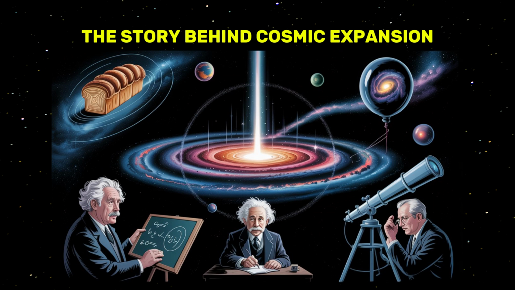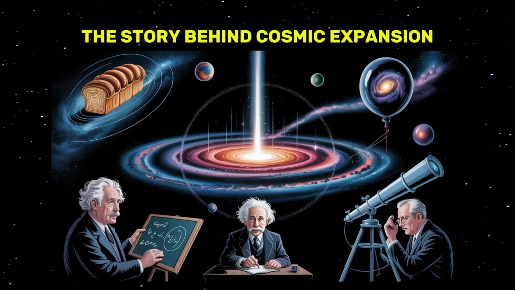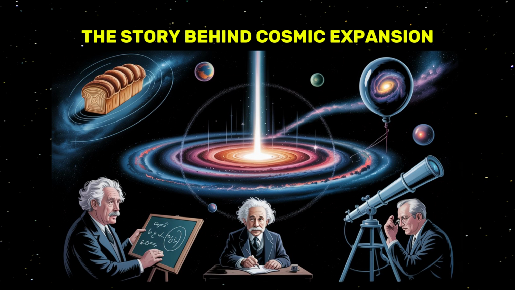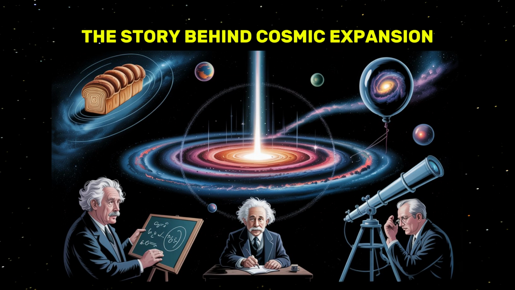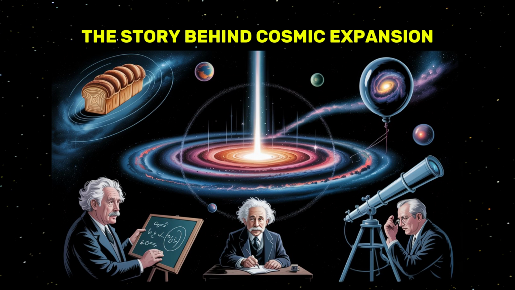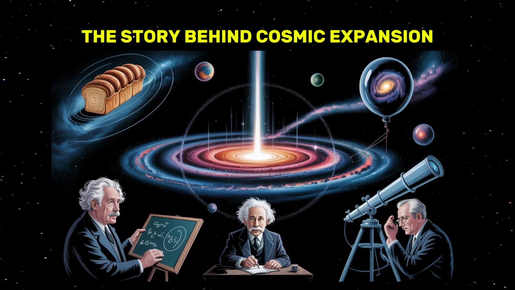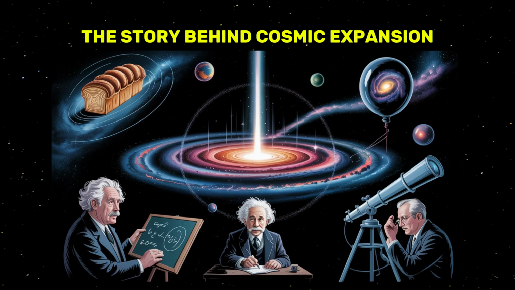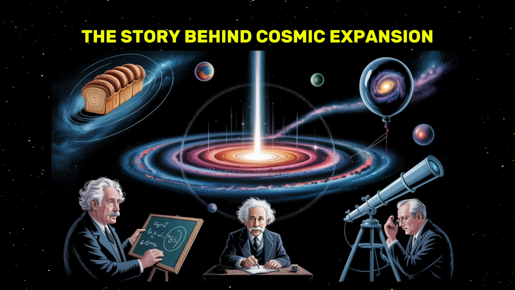In the next several 100 million years, minor differences in matter density caused gas clouds to collapse under gravity, forming the first stars and galaxies. Over time, stars lived and died, galaxies collided and evolved, and the complex structure of today's universe began to take shape. To visualize an expanding universe, imagine a balloon dotted with ink spots. Each represents a galaxy. As the balloon inflates, the surface stretches, and the dots move apart. Similarly, galaxies are not flying through space, but are moving apart because space itself is growing.